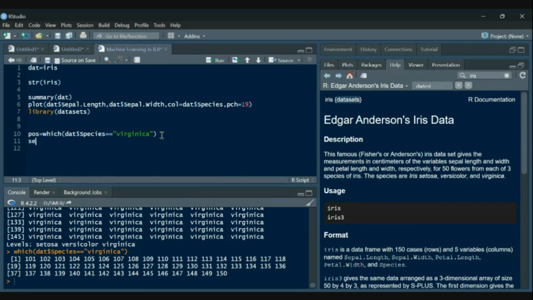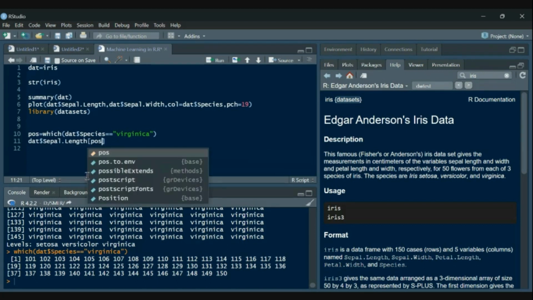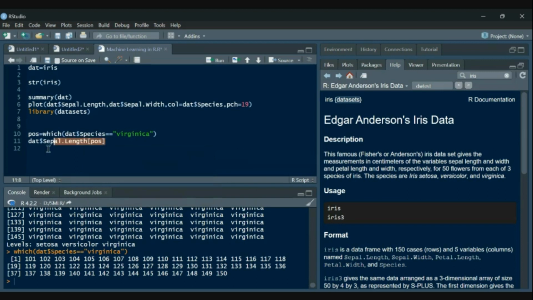I want to find the sepal length for those positions of this species having Virginica.